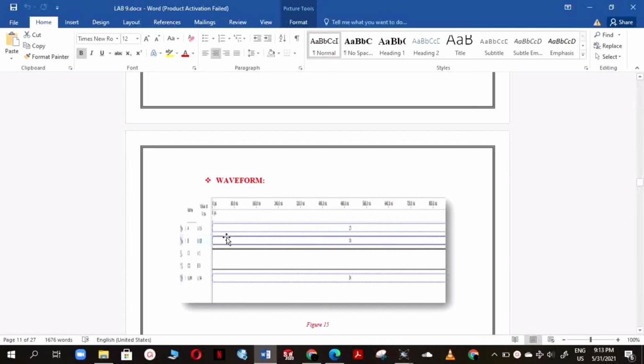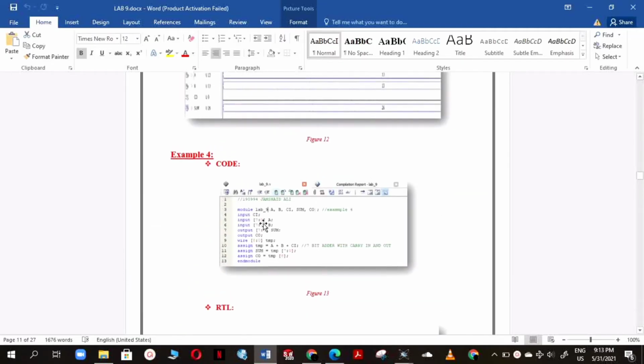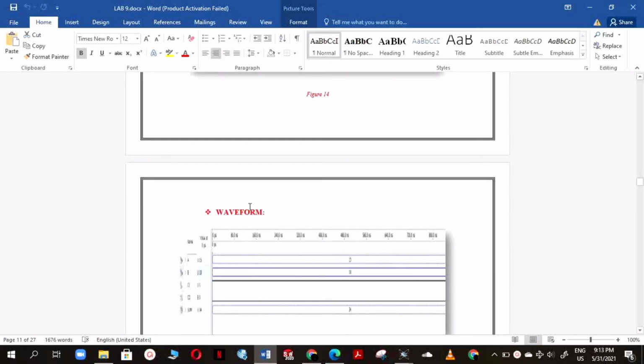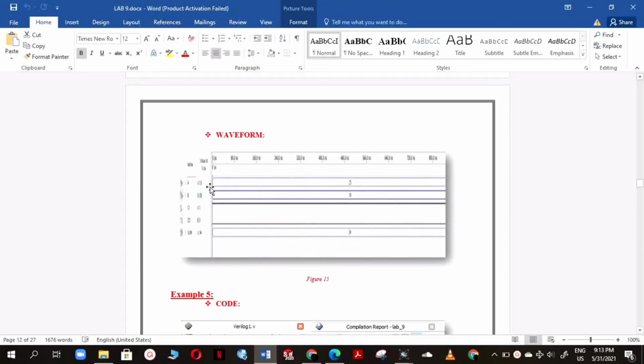So our sum operation will be equal to 15 plus 18 plus carry in, which is 1, which is equal to 34. Now you can see here in the sum operation, this is due to our assign operation of temporary 8-bit, which is equal to a plus b plus carry in, and this temporary 8-bit operation is equal to sum. So now our sum is equal to 34, which is 15 plus 18 plus just carry in 1.